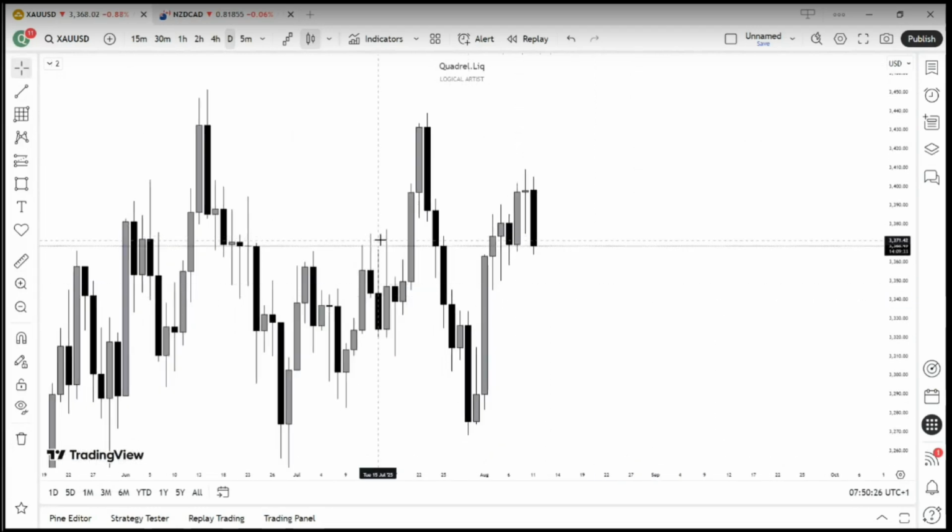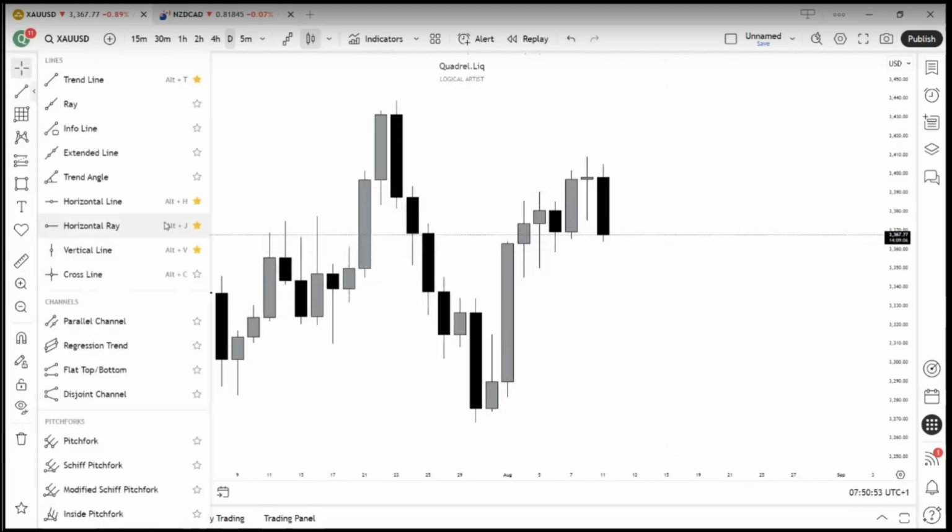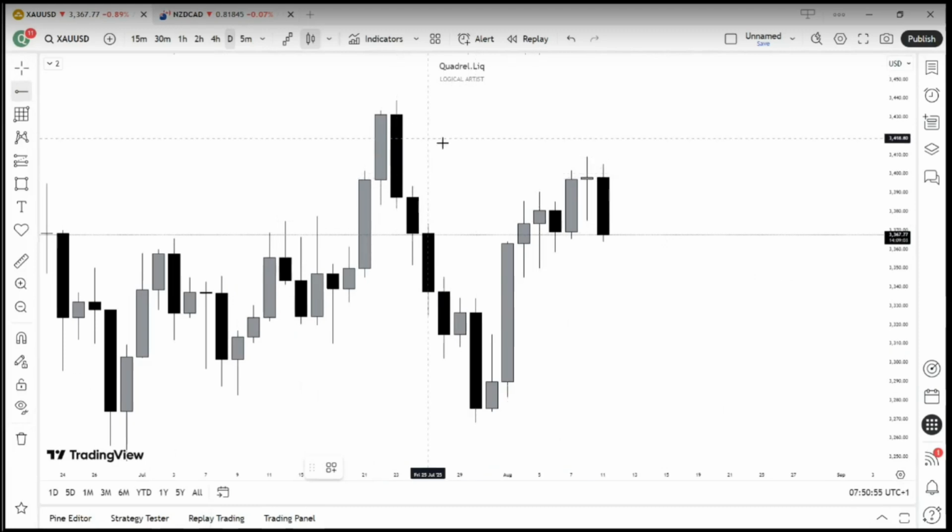Most of the time, I like approaching my trade setup based on the most recent price action. So I want to know where the market has gotten to, where the market is coming from, and where the market is likely to go next. Those three major parameters will help us get a nice setup from this. So first thing first, as you can see, price got to this level on the daily time frame,